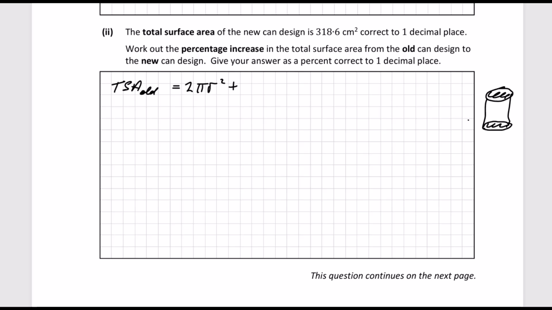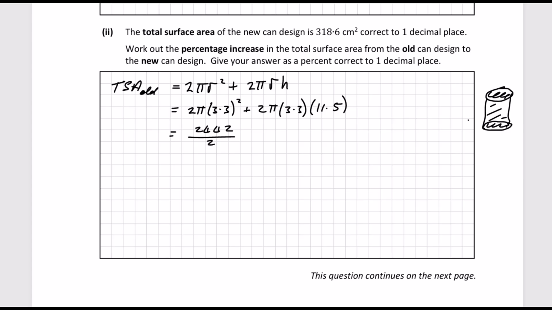Now there's also this curved surface area here that we've got to find the area of. That formula is as well in your tables. That's just 2 pi r h. So this is what we're going to use in this question. We're going to find the total surface area of the old can, the total surface area of the new can, and work from there. So let's look at the old one first. We have 2 times pi times the radius for the old can, which was 3.3, which we've got to square, plus 2 times pi times 3.3 times the height, which was 11.5. So when you do that, you get